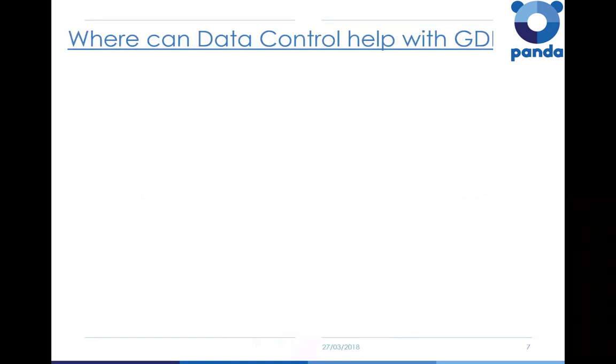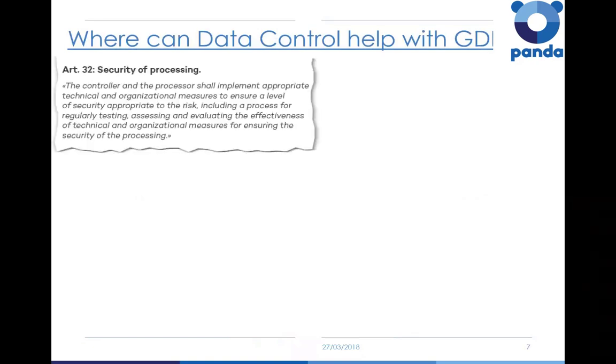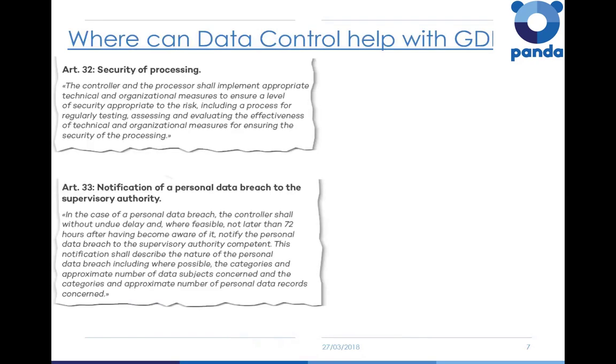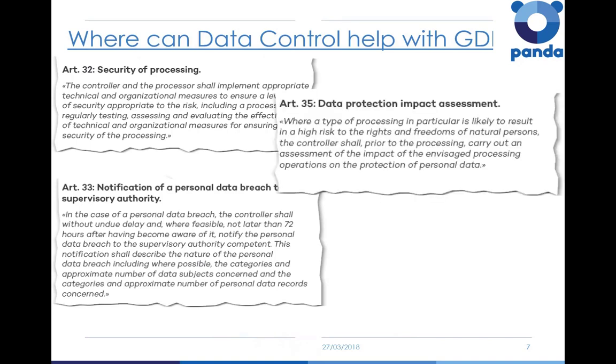So how can we help with GDPR? There's Article 32 that establishes that companies must regularly verify and evaluate the effectiveness of the technical and administrative measures to guarantee the security of personal data during its processing and use. Article 33 deals with the way data breaches are reported. It establishes a maximum period for reporting the details, a period of time of how it happened, the records affected, and what type of data was involved.